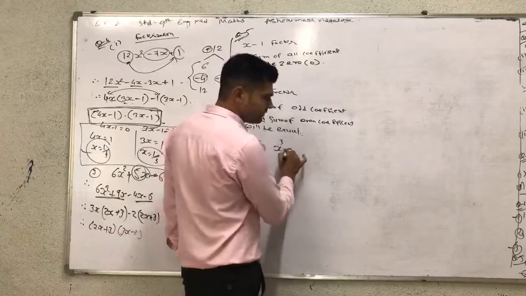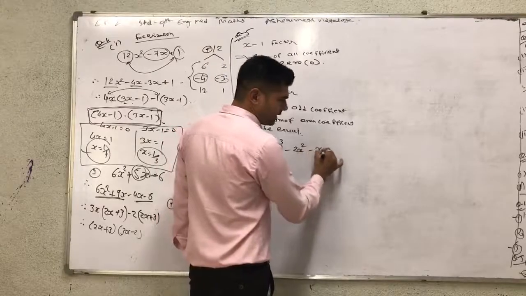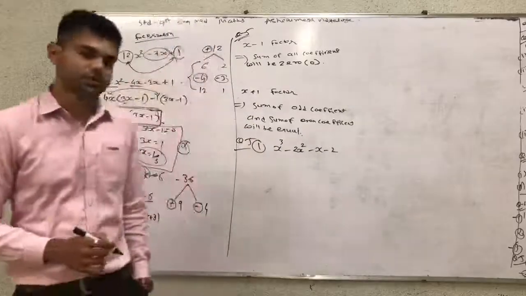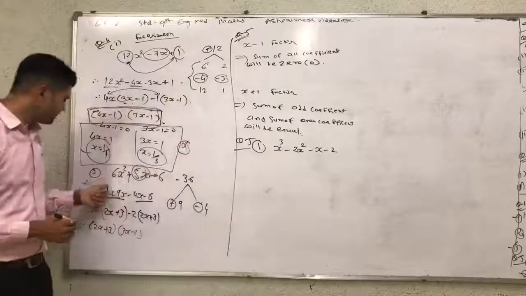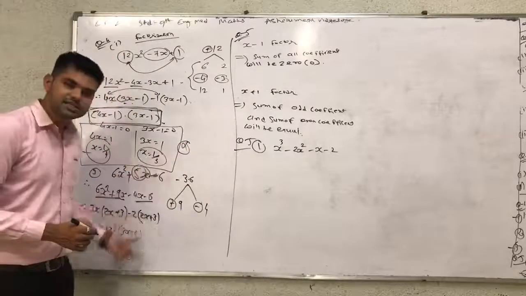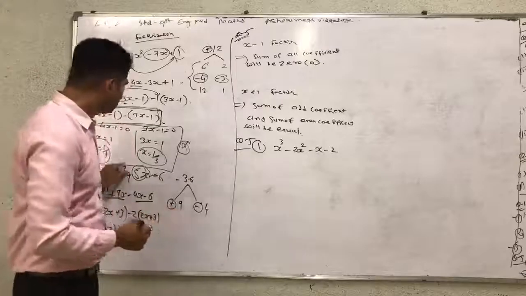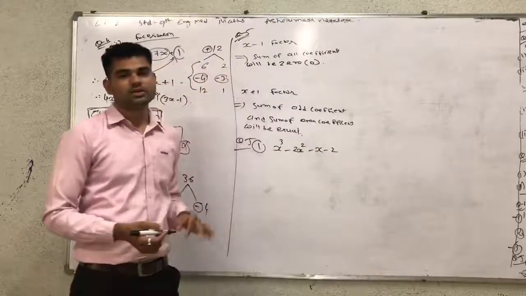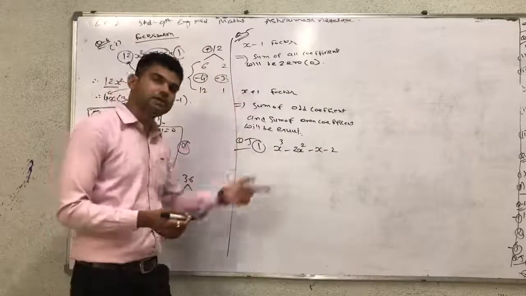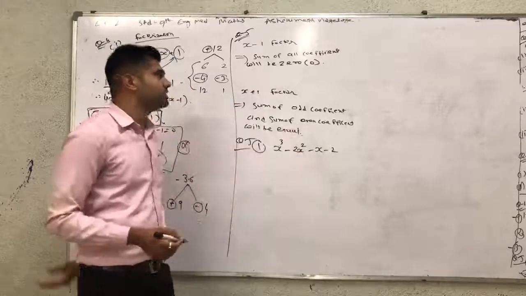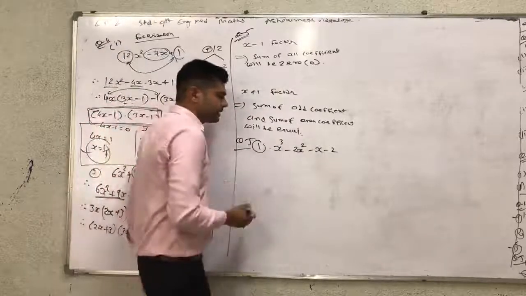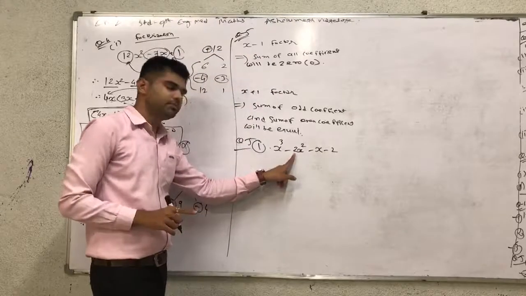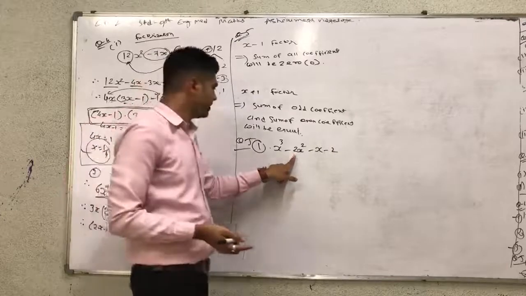So the given polynomial is x cube minus 2x square minus x minus 2. Friends, here x cube and x square, so this method is applicable for polynomials of degree more than quadratic. First check whether x minus 1 or x plus 1 is a factor. Start with the sum of all coefficients being 0. It means 1 minus 2 minus 1 minus 2, so the answer is minus 4.